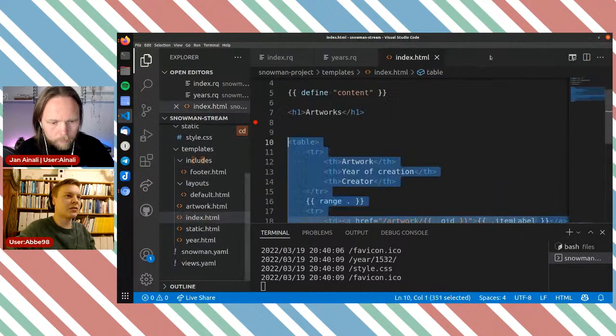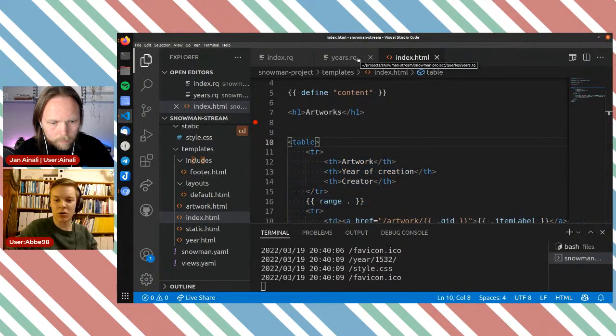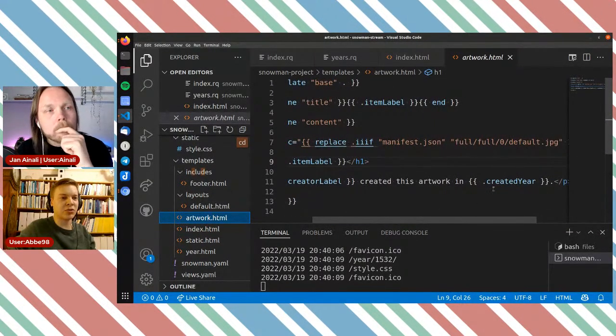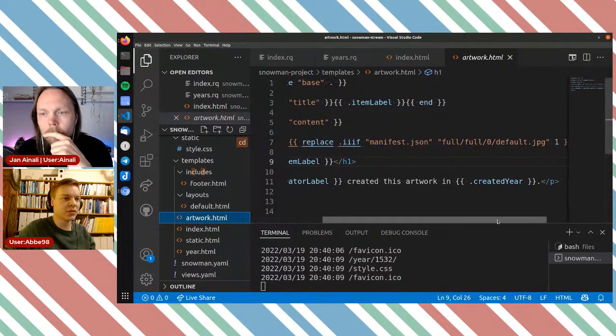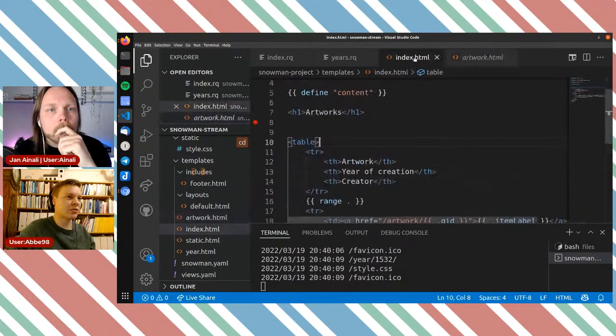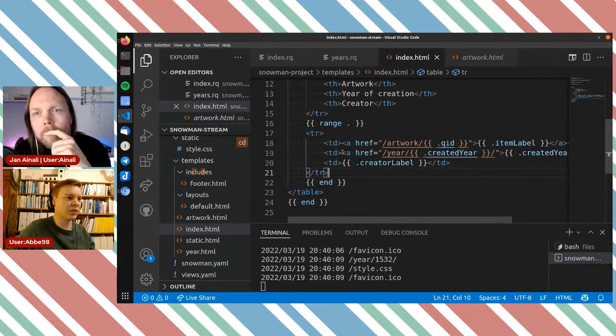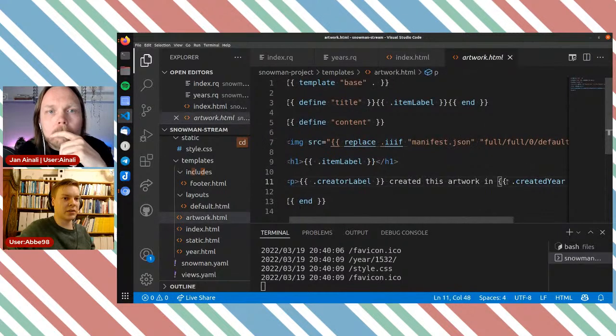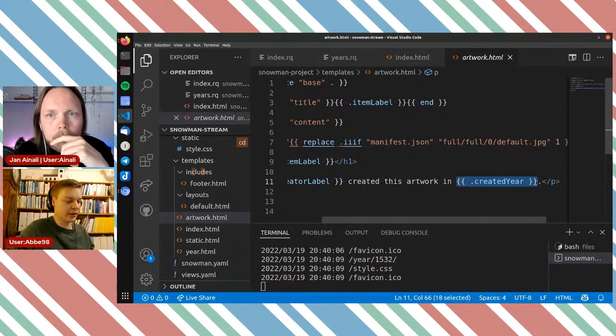I'm thinking we want to add some links on the artwork pages. I want to add links for the created year here, so we can actually go to the year, but also links back to the National Museum. I think that's a nice thing to do. But let's start by linking this one up, and I'm going to go to the index.html here and copy the link I got here. No need to write that once again, so I'm going to make that into a link.